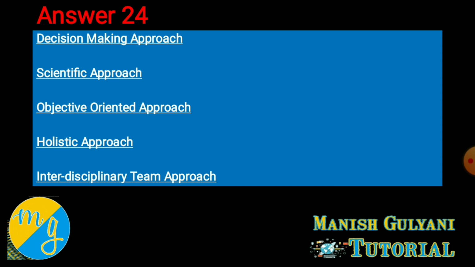Last approach is the interdisciplinary team approach. It is an important characteristic of the OR approach. According to this characteristic, no single individual can be an expert on all aspects of the problem, because one person may not have complete knowledge of all aspects, such as economic, social, political, engineering, sociology, psychology. So under an OR team, you invite various experts from different fields. Then optimal solutions are derived. That's why it's called the interdisciplinary approach.